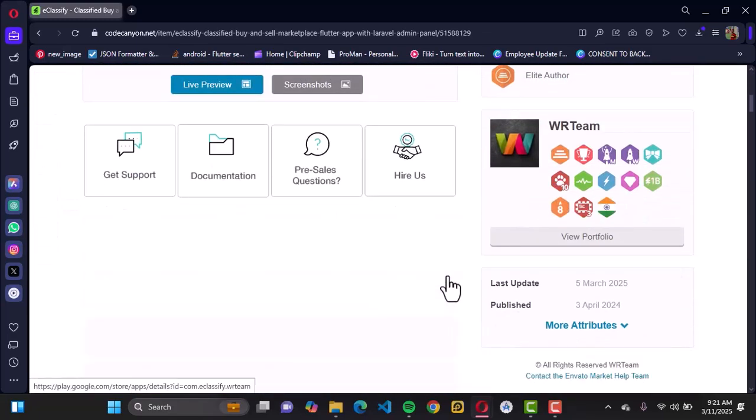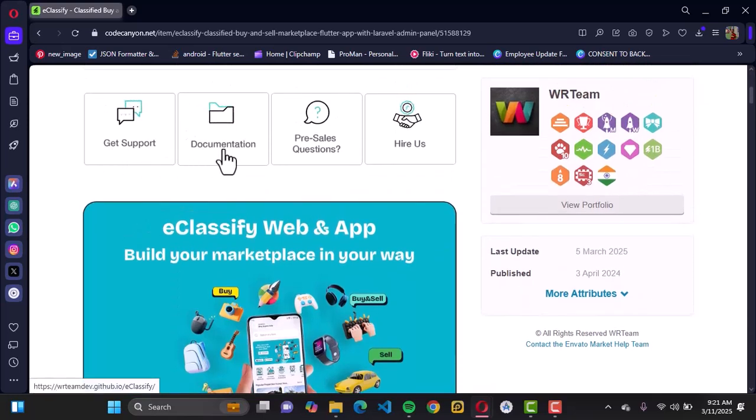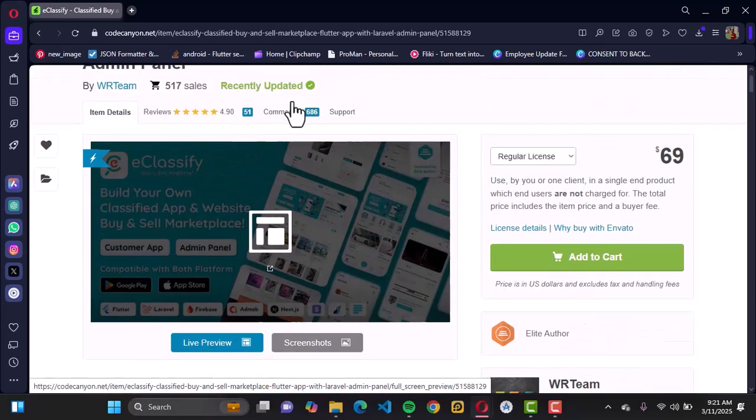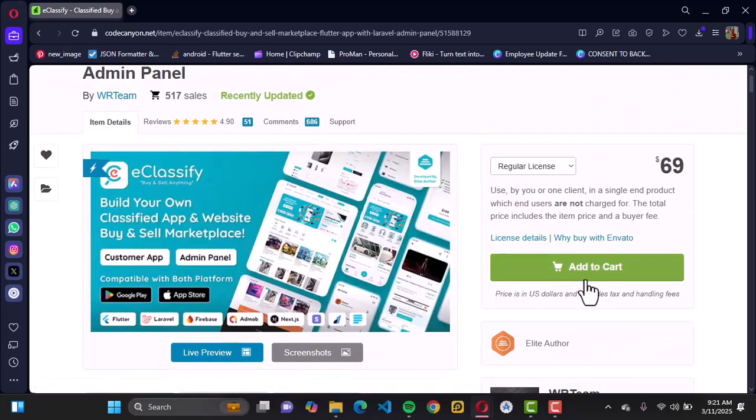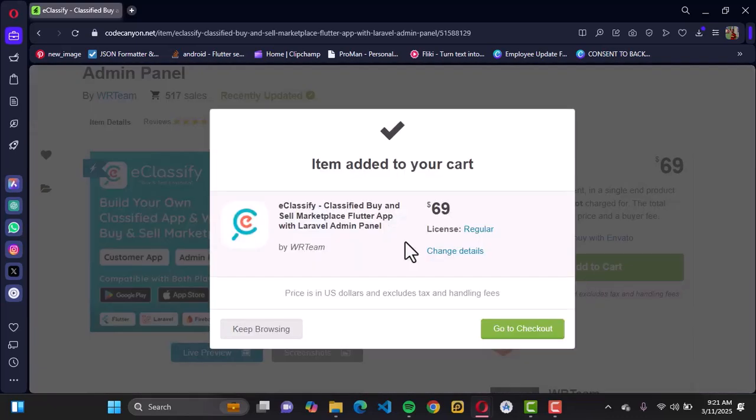Alright, so the first thing you want to do is to go ahead and read through their support, probably also getting to understand the documentation and pre-sales questions. So what you want to do next is to go to add to cart. Alright, so when you add to cart,